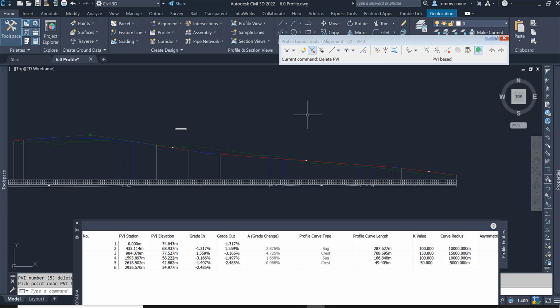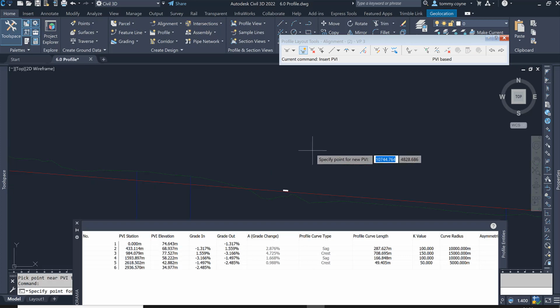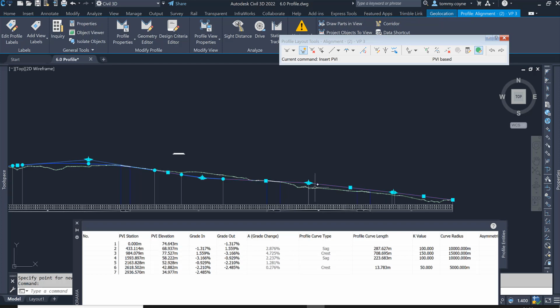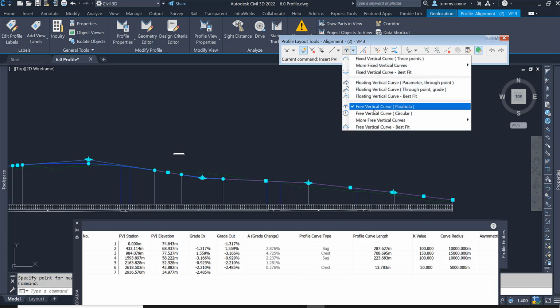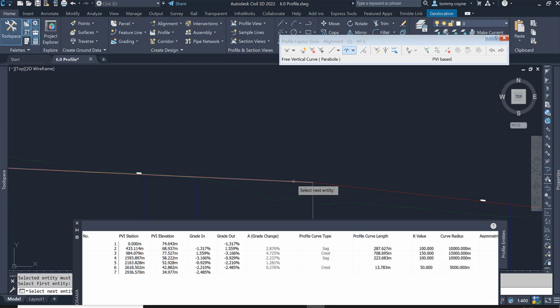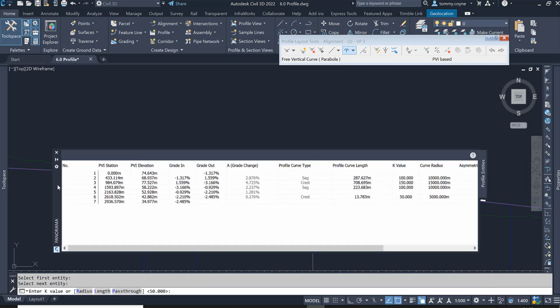If I wanted to add a vertical point of intersection, I come to the second icon in the toolbar. Clicking the second icon in the toolbar, I can just left click to add a vertical point of intersection. Once you have a vertical point of intersection inputted, you also have to add a curve to these points. Go to your sixth icon, go down to free vertical curve parabola, select free vertical curve parabola, select the left hand side, then the right hand side. It'll say in my command bar here, enter K value, and we can put in maybe